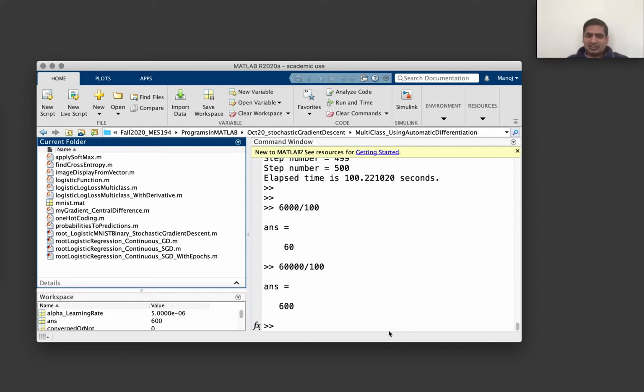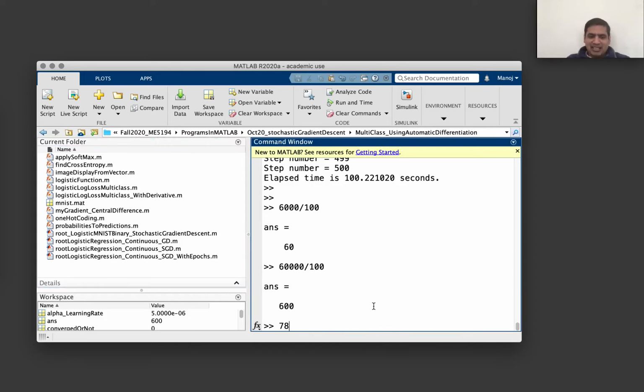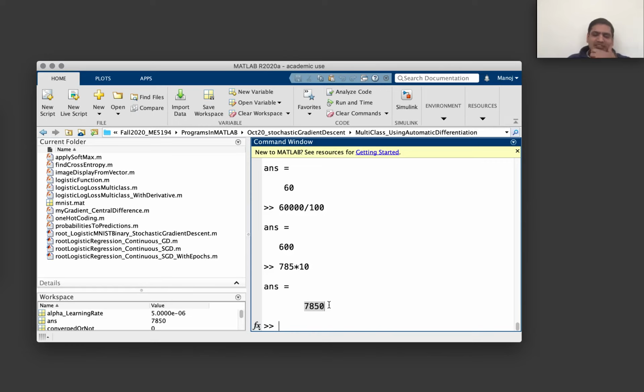So we have an optimization problem with 7,850 unknowns, which means that you will have to evaluate the function